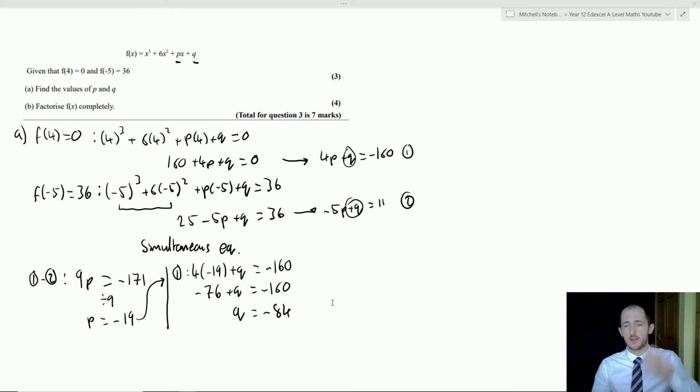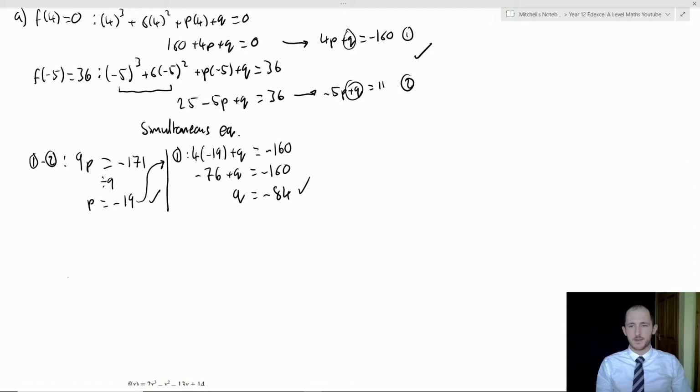That's only 3 marks, so the marks in terms of where you get them is you get a mark for getting p and q correct, obviously, and another mark for setting up a simultaneous equation. That's where you get your 3 marks from. So I'll let you just have a second to think about that and see if it makes sense. So now we can go into part B. So part B,